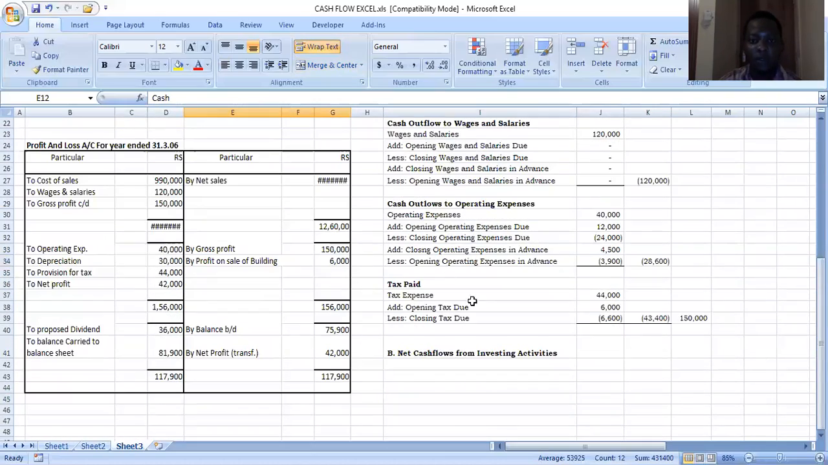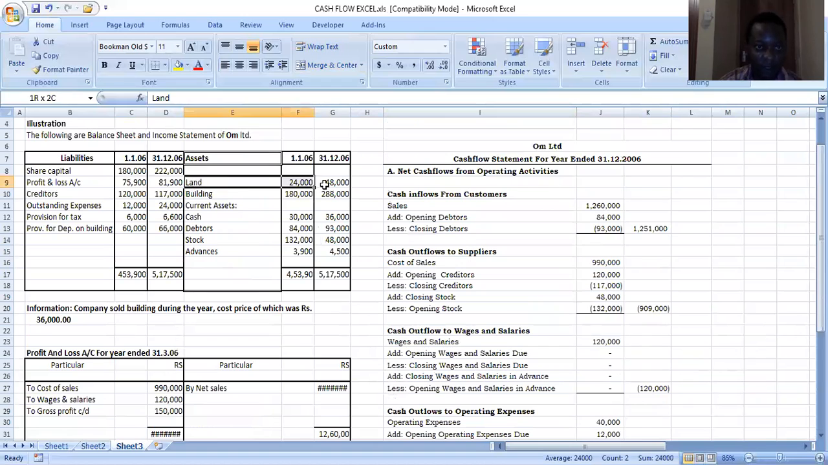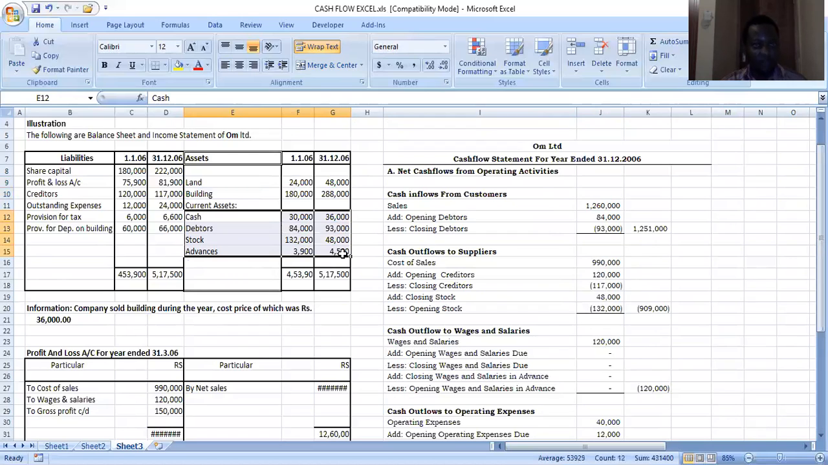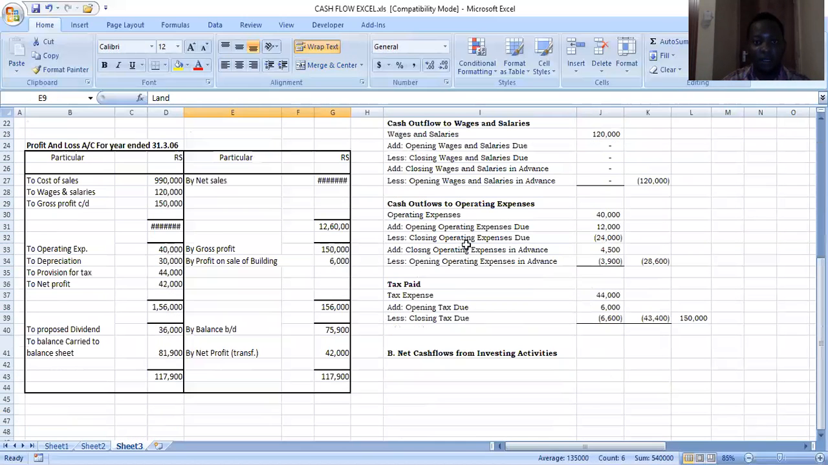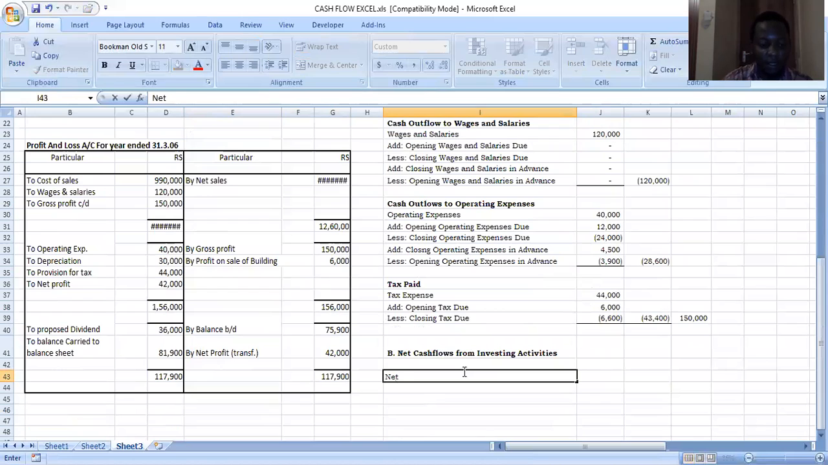So therefore, we look on our asset side, the fixed asset side. We have land, we have buildings. So in this question, we consider these to be the investments of the business. Under the current assets, I don't see any investment. These are just the normal operations of the business. So therefore, consider land and buildings. So we consider land, and we have net cash flow